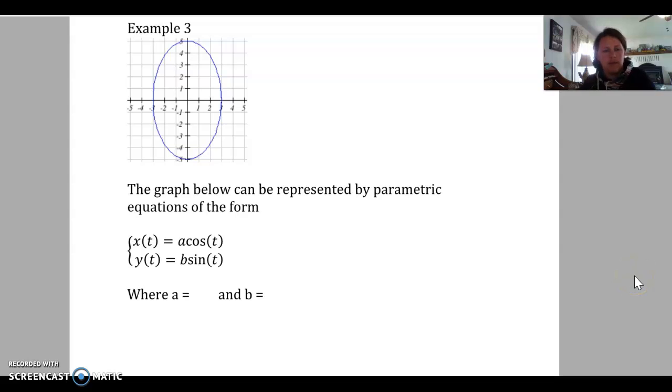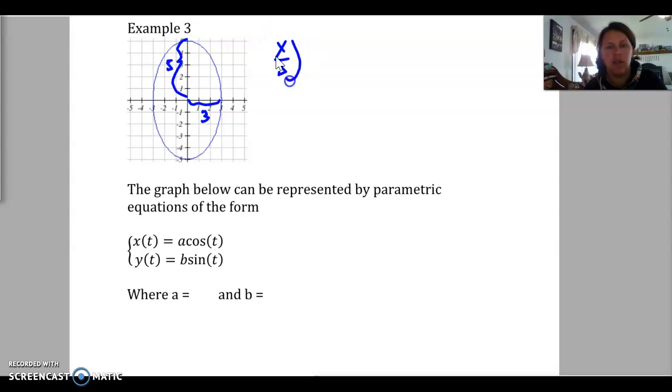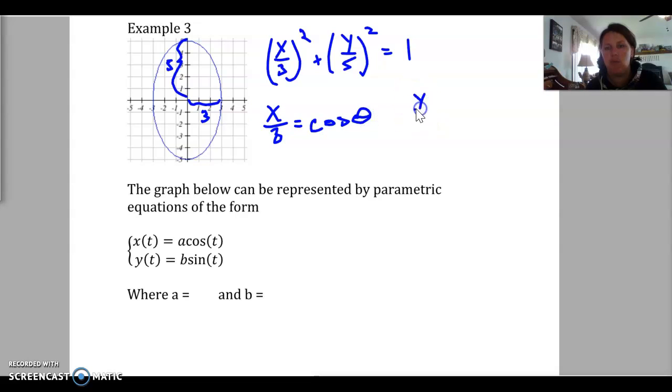Okay, now going back to example number 3, we have a picture of an ellipse, and in this case the radius in the x direction is 3, and the radius in the y direction is 5. So as we talked about before, that means our equation would be x over 3 squared plus y over 5 squared equals 1. Now if we relate that right back to our Pythagorean identity, we know x over 3 equals cosine theta, and y over 5